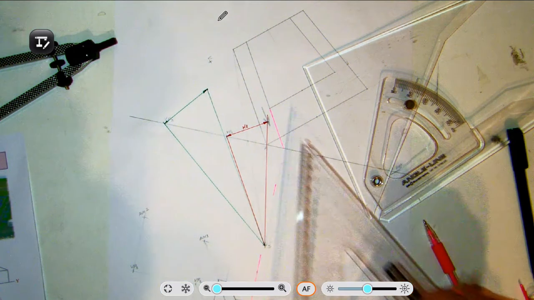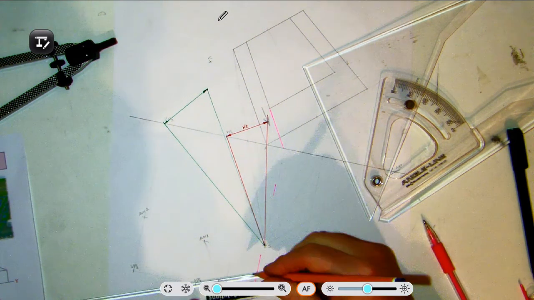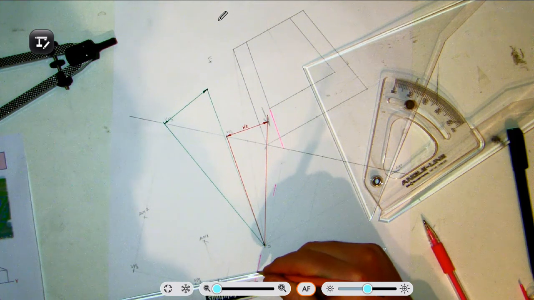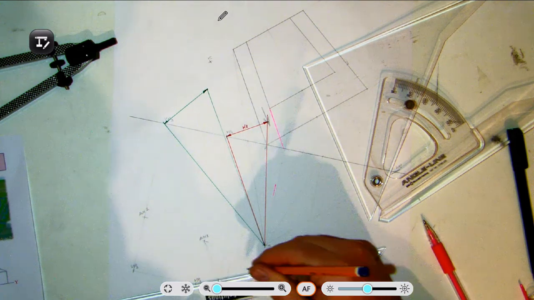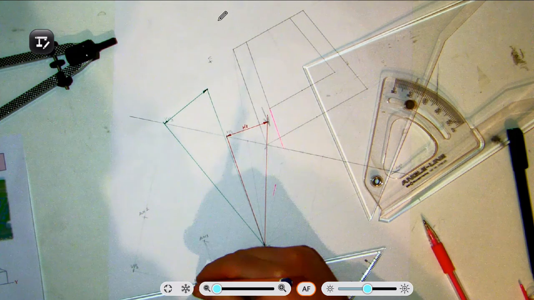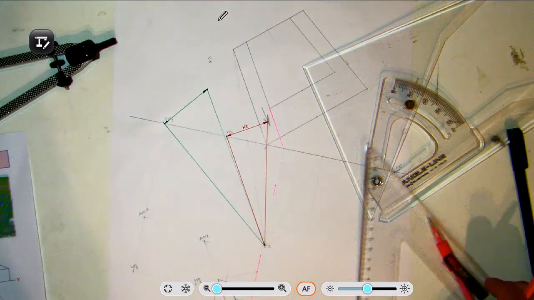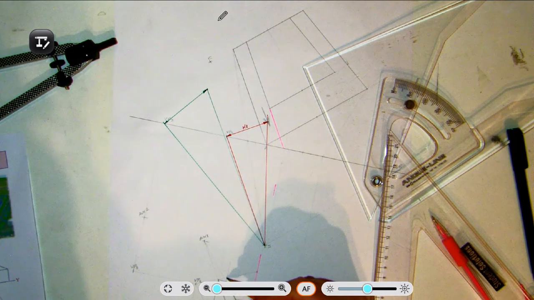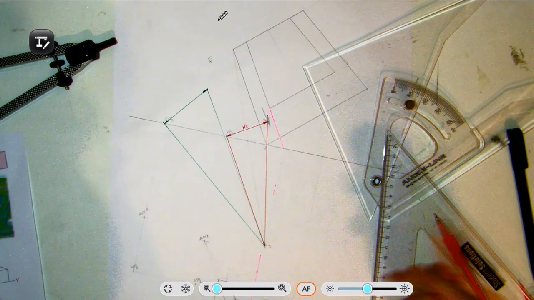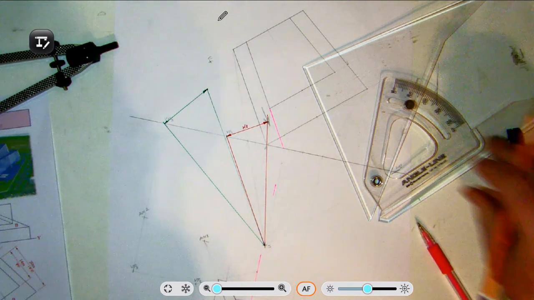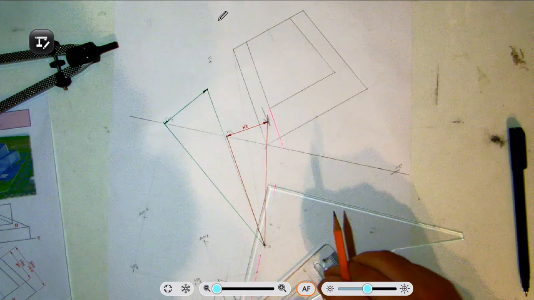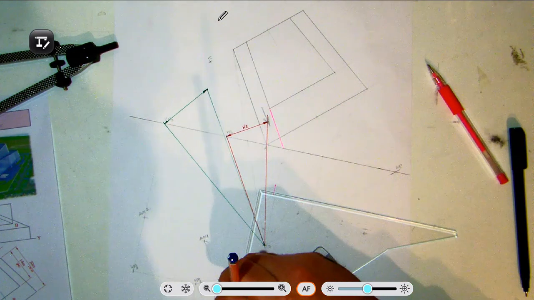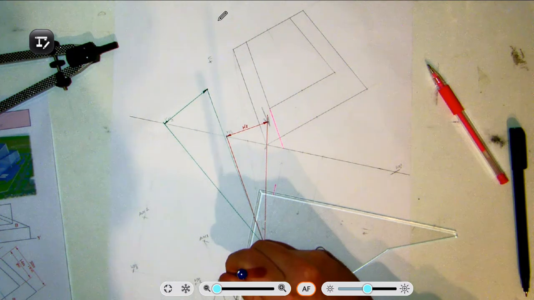So 75 mils up, and join back to vanishing point VP2. So this is joined back to VP2, and what this happens to give us is this back edge here, so this line here at the back, and it will also give us our front edge as well, because both of these have been already found. So what we have here is, I can draw in this edge in here now heavy,